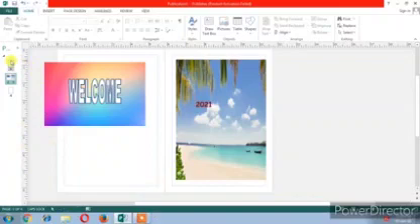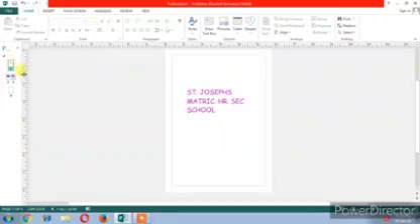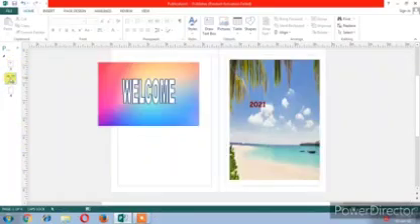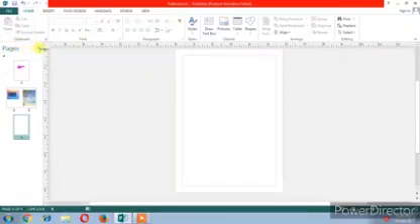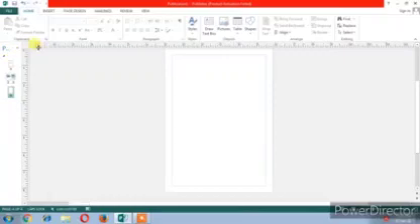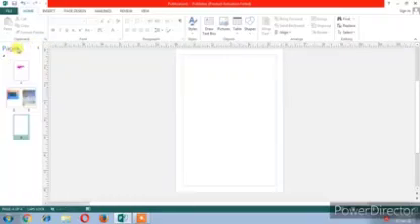And click on file. In the backstage view, you will get the blank document. You can create as many pages as you want. Next, how will you save a document? Normally, we will save the document by using the file tab. Click on the file tab and select save as.